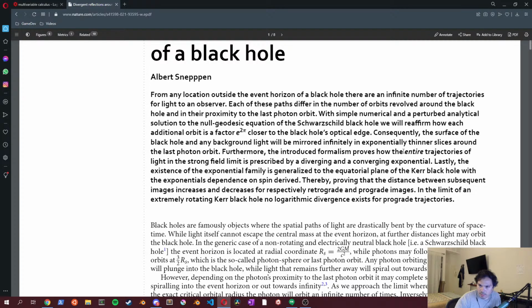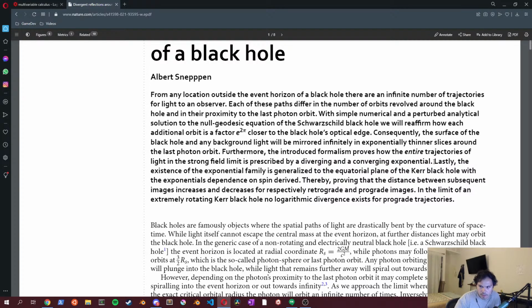So this is saying something about the entire trajectories. I'm not sure if "entire" has some special meaning here. Strong field limit means probably very close to the black hole. By diverging and converging exponential, I'm guessing this is talking about there's different paths the light can take either into or out of the black